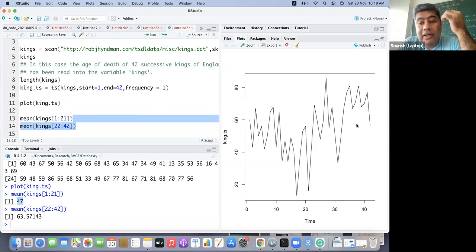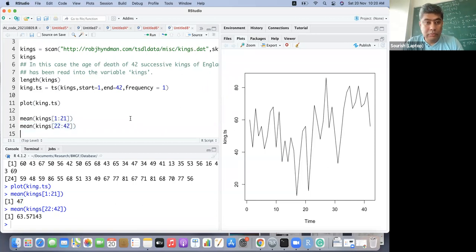Whereas for the recent kings, by the time we are coming here, the natural life expectancy, in the 1700s, 1800s, 1900s, has gone up. England has been doing well for the last 400 years, so naturally their life expectancy has gone up, overall population. The king is also part of the population that has gone up as well. So on average, it has gone up, and we cannot expect it to be mean stationary. It is somewhat near stationary, but not exactly stationary.